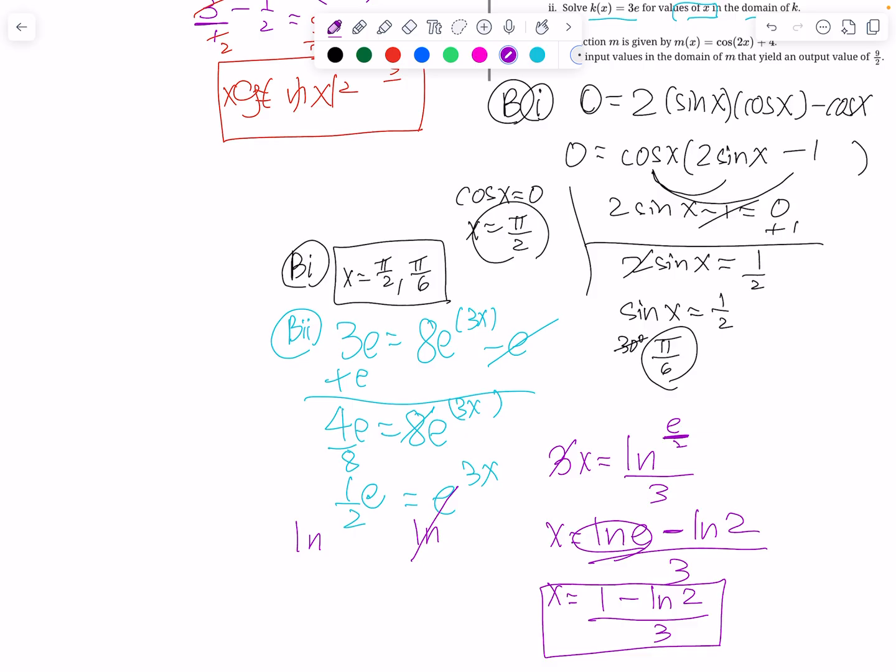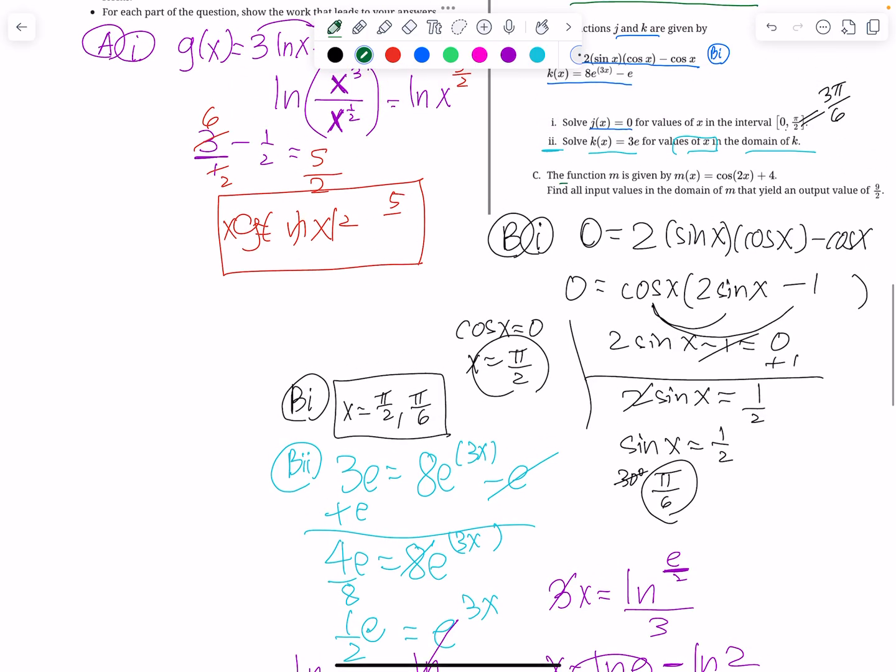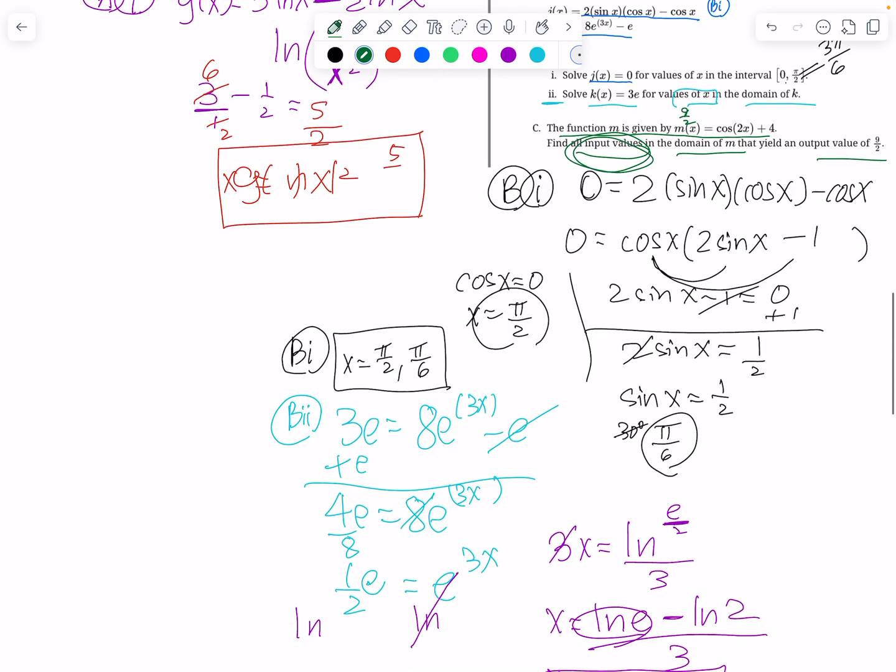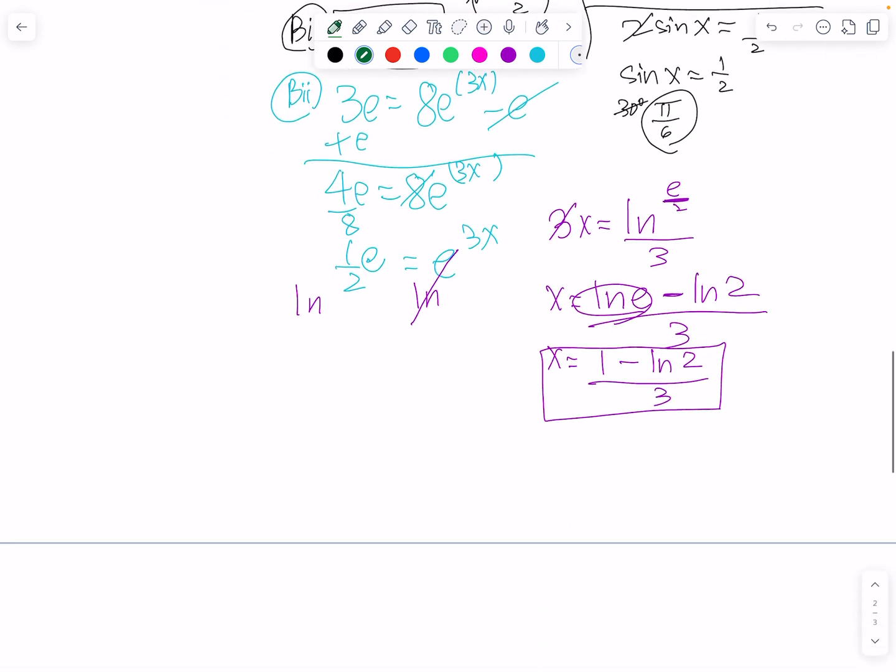And now we're up to the last question. The last question says the function m is given by m of x is cosine 2x plus 4. Find all input values in the domain of m that yield an output value of 9 over 2. So output value of 9 over 2 is another way of saying y. So we're going to put 9 over 2 at the end. So let's do this here. So 9 over 2 equals